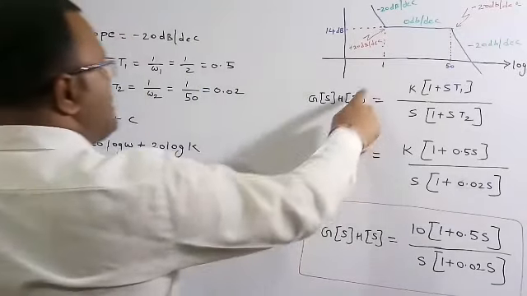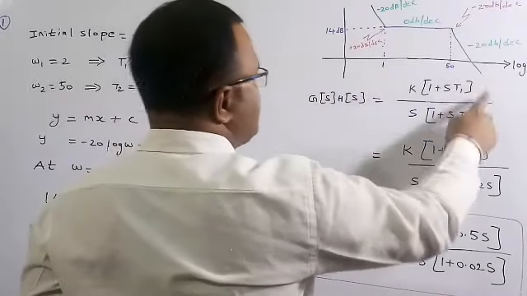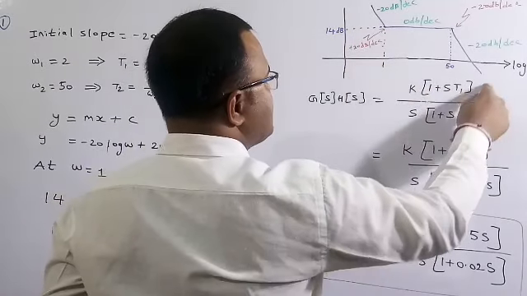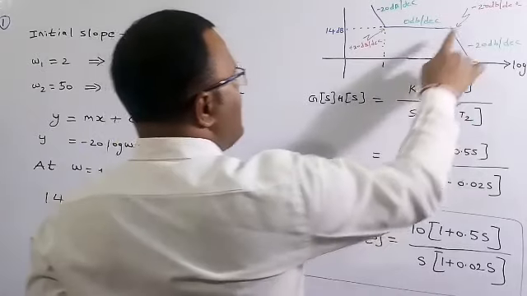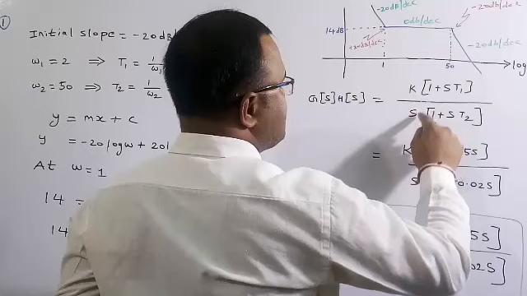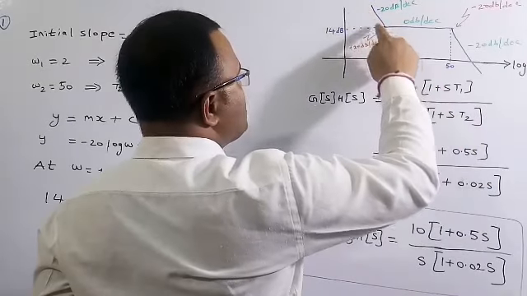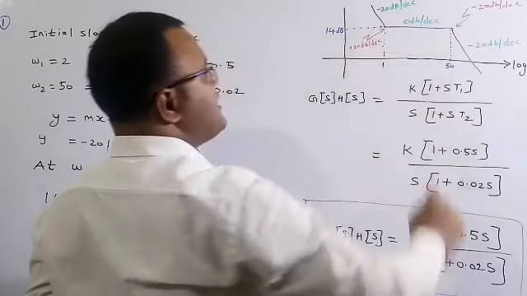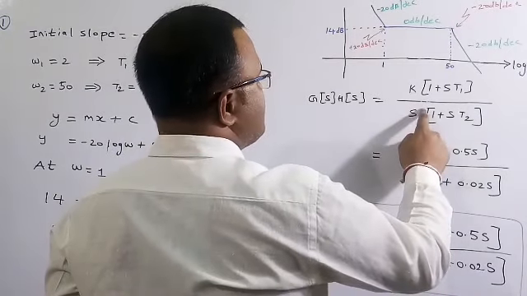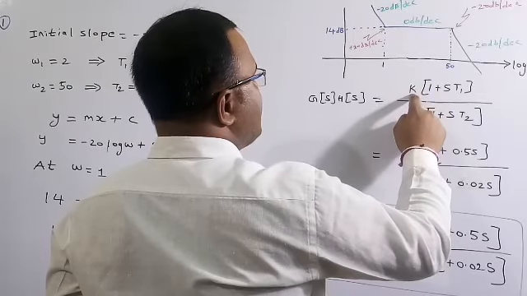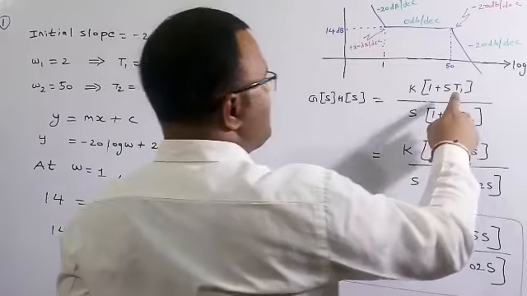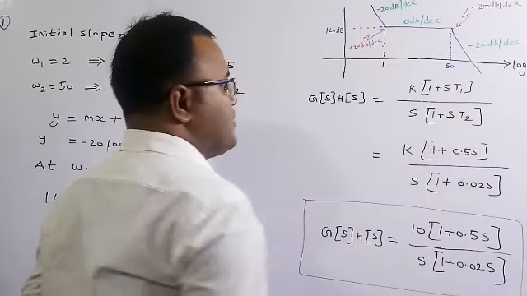See here, this is a standard representation. This plus 20 decibels per decade indicates a single zero. And then minus 20 slope means a pole, here a single pole. The initial slope is minus 20 decibels per decade, which means it is a single pole, so we have written an s. And this small one is a K. K means the graph is going to shift downward or upward. So we need to find what T1, T2 and K are in this numerical.